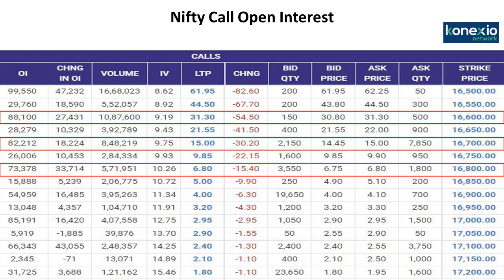In Nifty calls, we have seen there has been a rise in the open interest in the out of the money calls of 16,600. You can see on the screen. Then 16,700, then 16,800. You can clearly see that there is a rise in the open interest in Nifty out of the money calls. Then you can clearly see that there has been damage seen in the option premiums